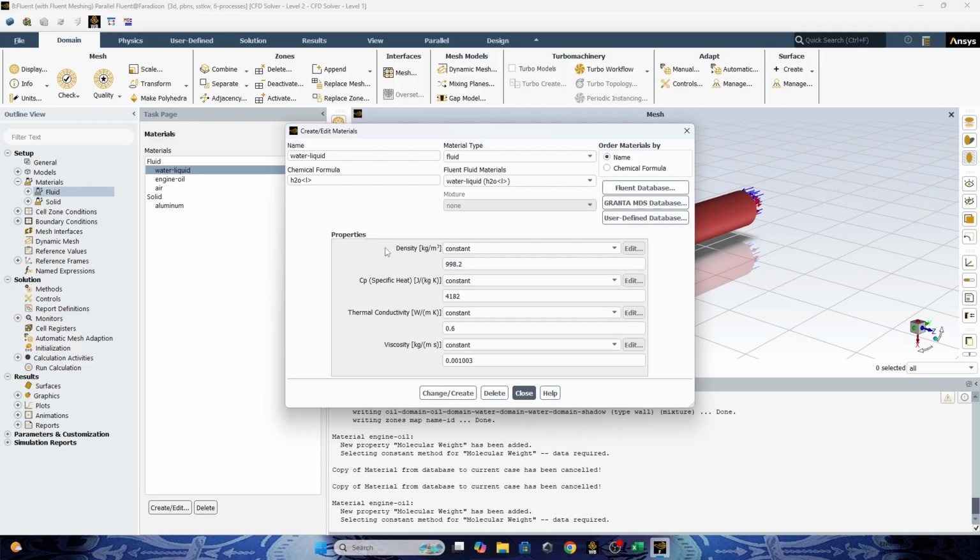Like the density, the specific heat, and so on. You need to define your properties by yourself if ANSYS does not provide the type of fluid that you need.